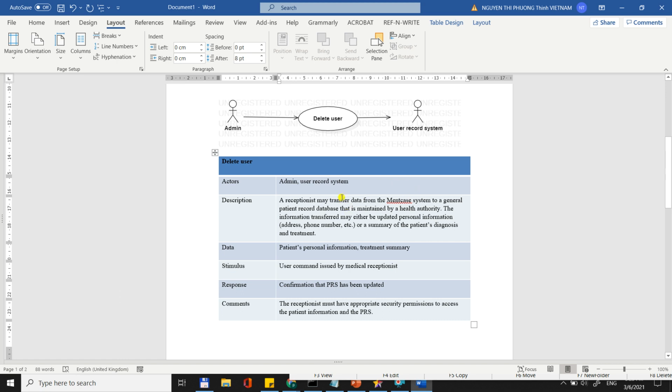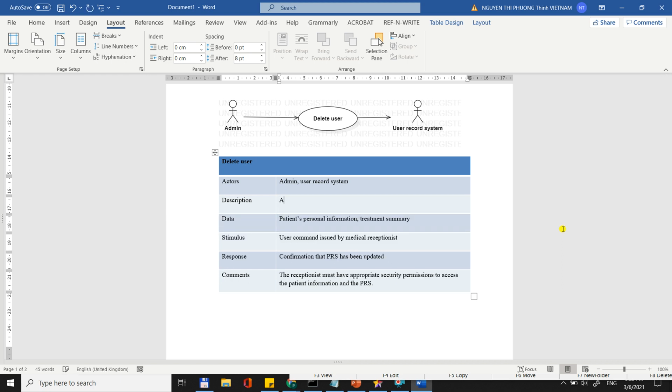Okay, description. What happened? An admin transfers, sends